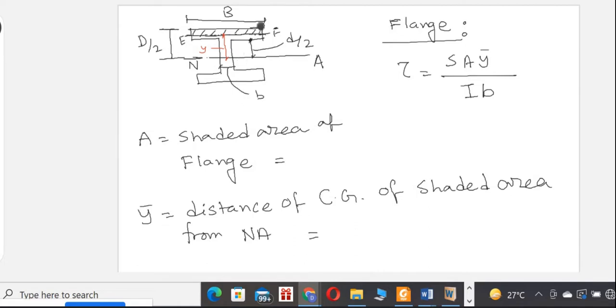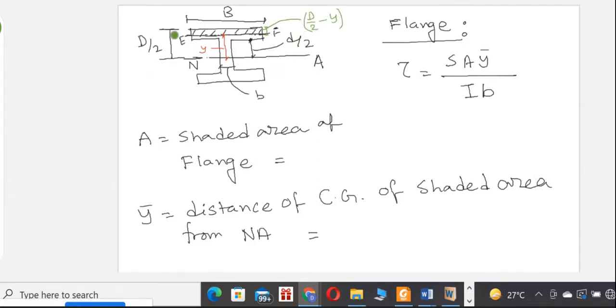That is nothing but this total D by 2 from neutral axis minus this y, right? So let me mark some color. Yeah. So this height is